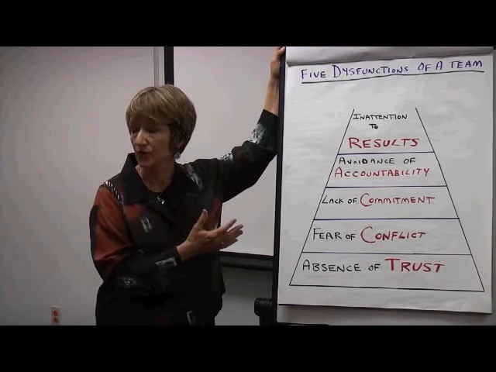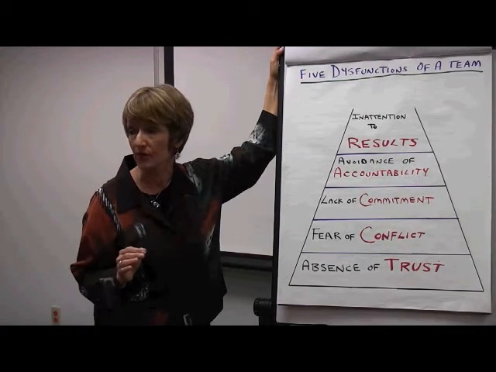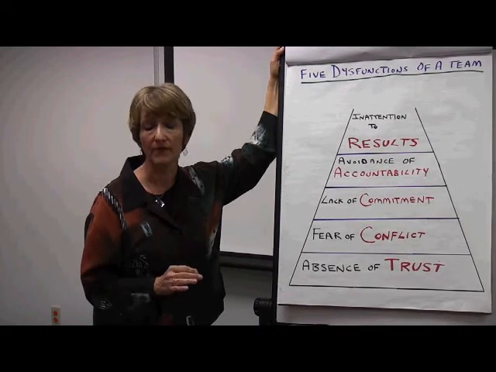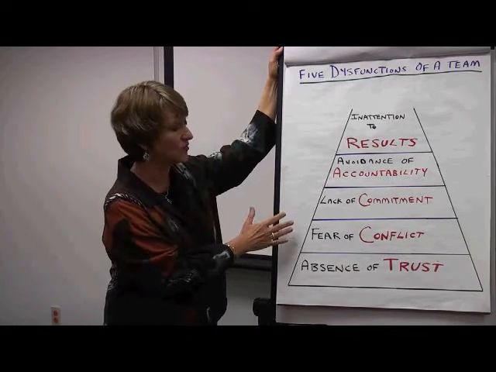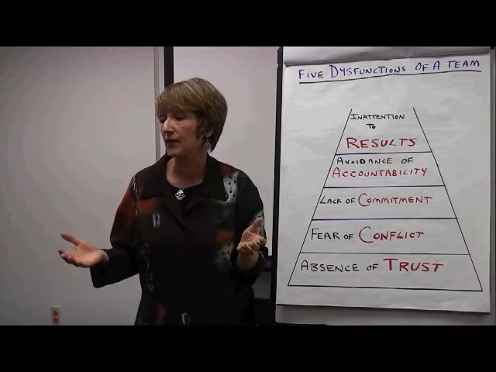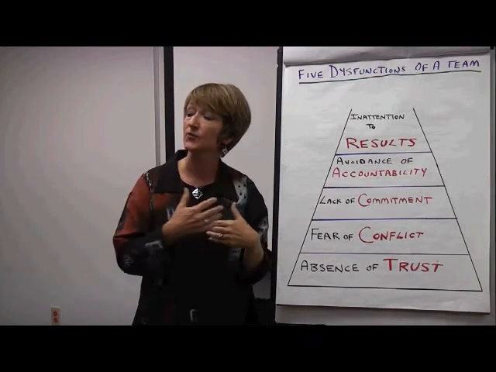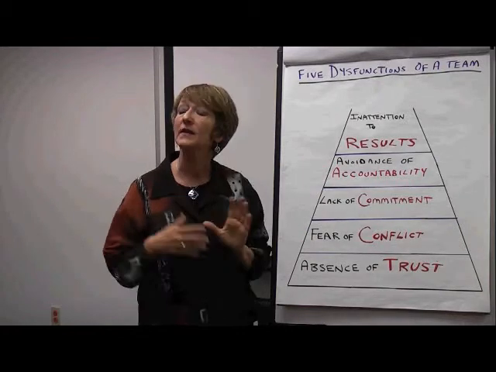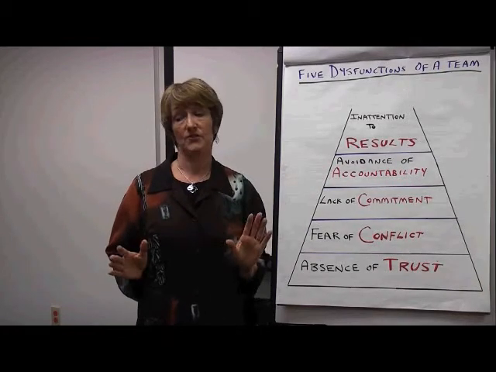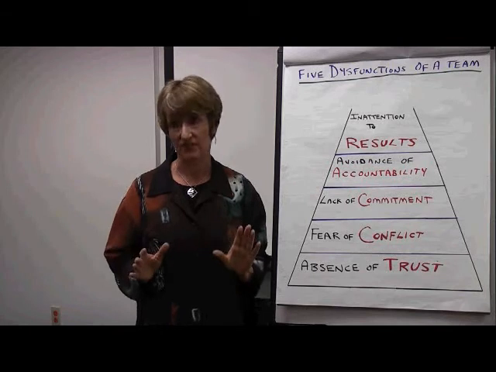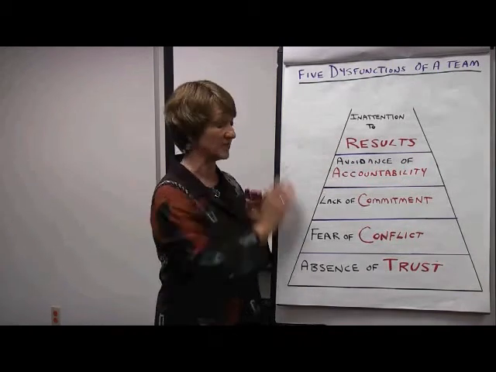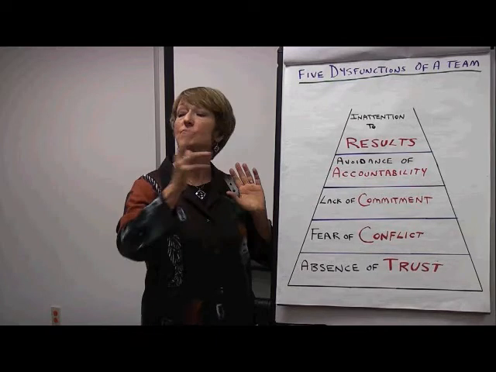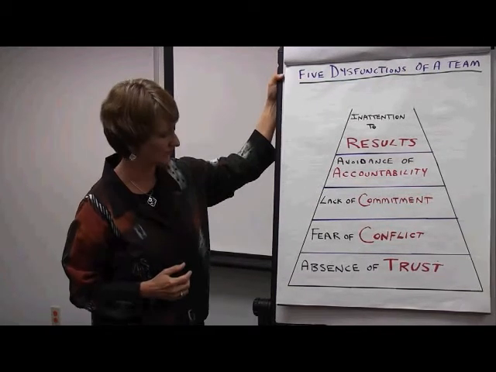What I like to do in this first part is to give you first an overview of the 5 dysfunctions of a team. What we'll do next then is we'll take each of the dysfunctions and we'll look at some of the characteristic behaviors that you see demonstrated in each of the dysfunctions. And then later today, we'll get to the good stuff where we talk about strategies to overcome each of these dysfunctions. So that's where we're heading today, tagging on to what we did yesterday in the session.